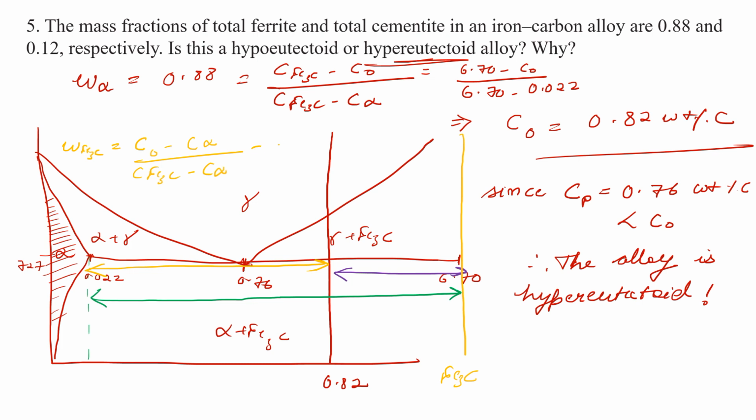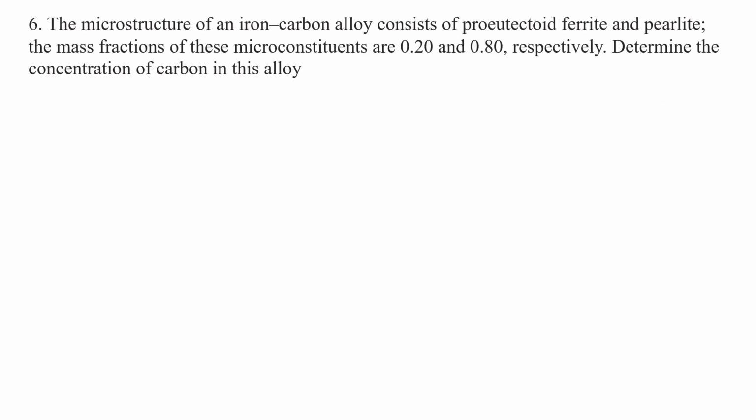If we equate it to 0.12, you can calculate C naught. That should give me this answer also. So we can solve it either way because they are complementary to each other. Moving on, in the next question we have been asked: the microstructure of an iron carbon alloy consists of